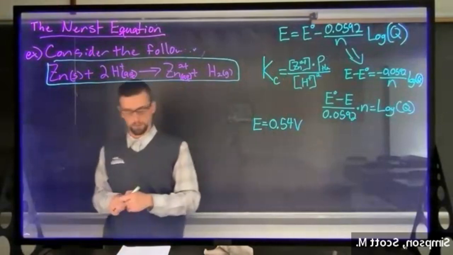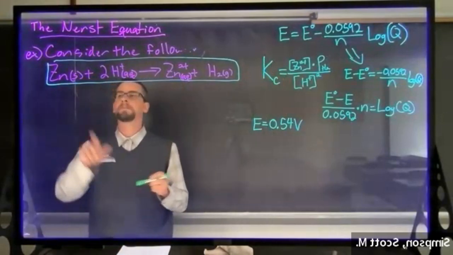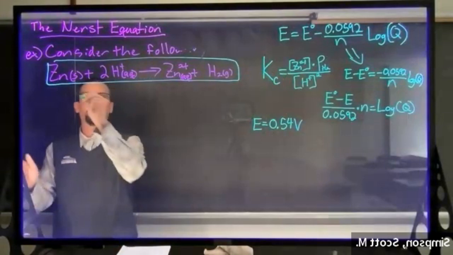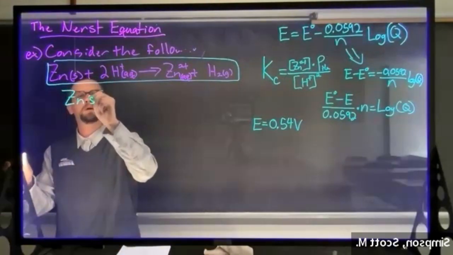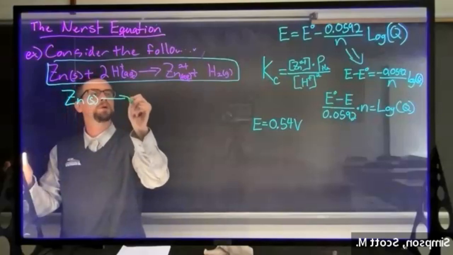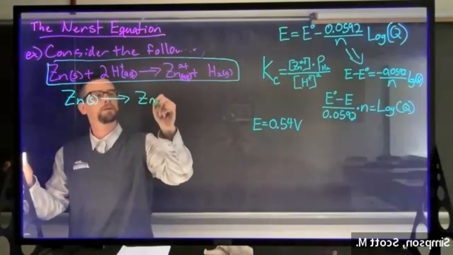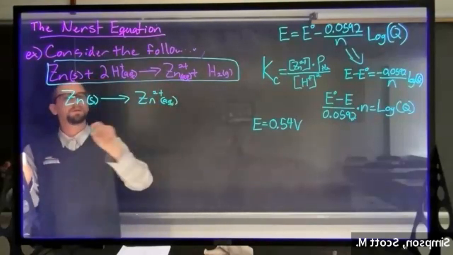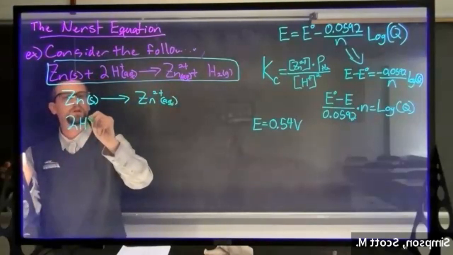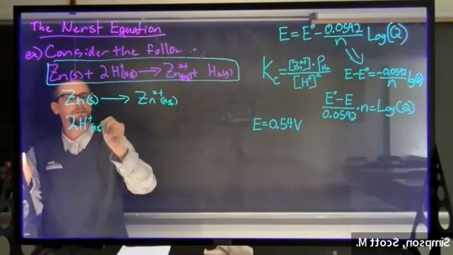But if you're in general chemistry, I wouldn't really think about that right now. So now we would need to break this guy apart into two half reactions. We concern ourselves with the zinc 2+ aqueous, and then we have 2H+ aqueous